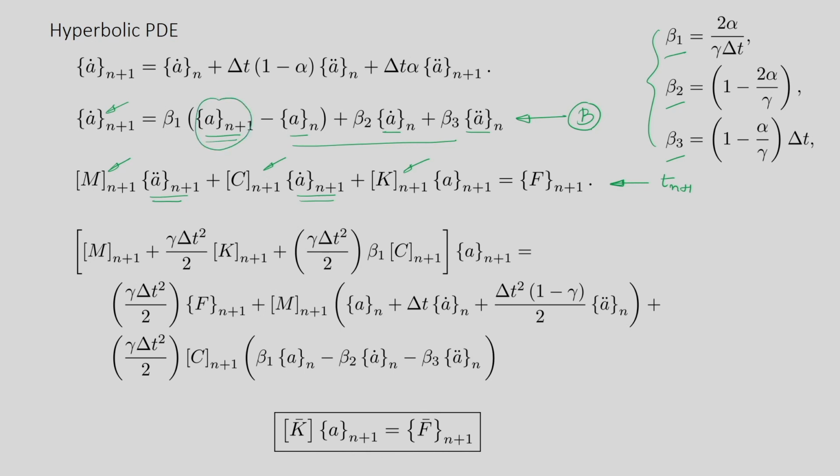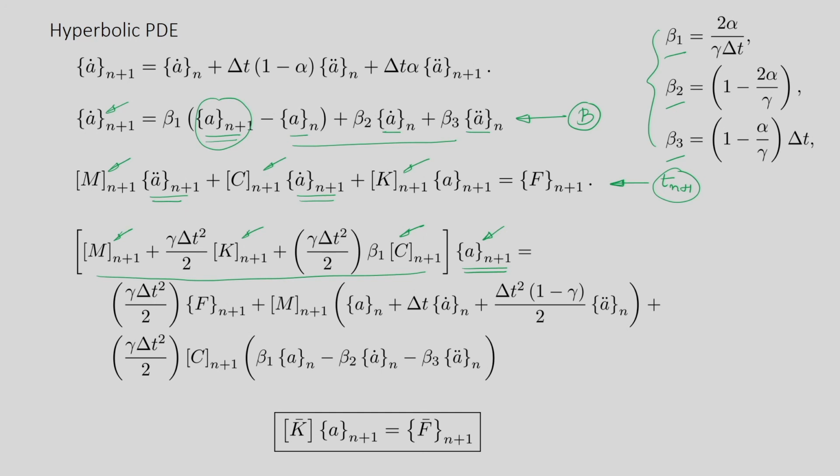that is the displacement at n plus 1. Alright. So from A and B we are going to replace the acceleration and velocity at n plus 1 in terms of the other things that we have, so that we can get only one unknown, that is the displacement at n plus 1. Alright. So we will collect all the coefficients that are having the unknown, A at n plus 1, and we will have these three terms, involving the mass matrix, stiffness matrix, and the damping matrix. Alright. So this is the only unknown now, that we obtained from the equilibrium equation at Tn plus 1.